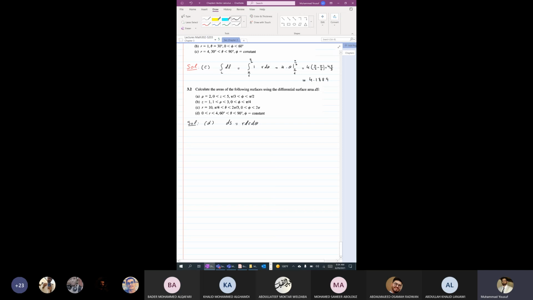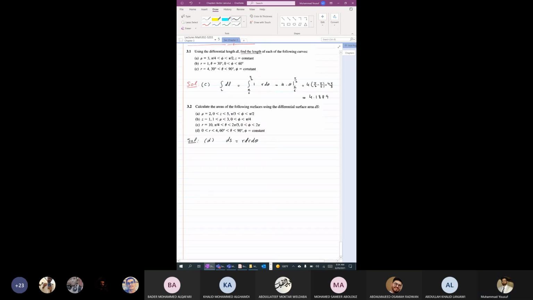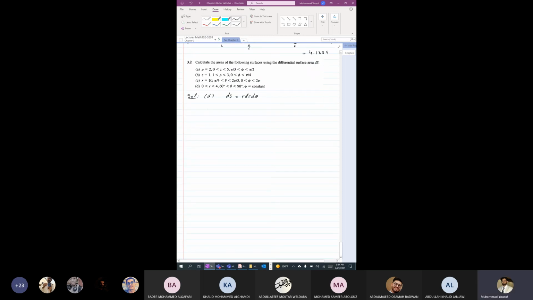And then the integral we are going to solve for this problem is, what should we call it? Area. Okay. Integral over S ds,